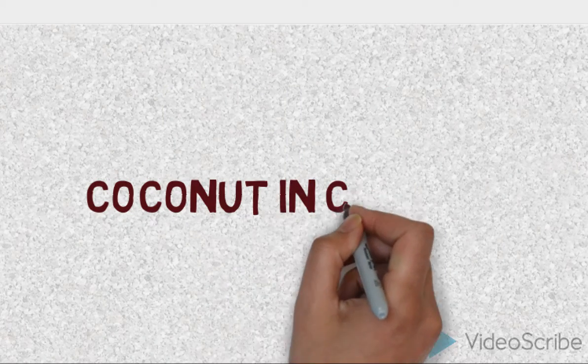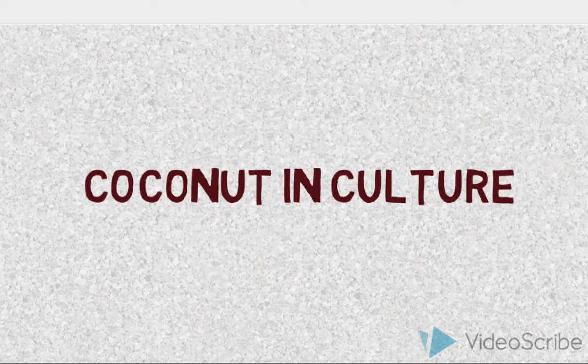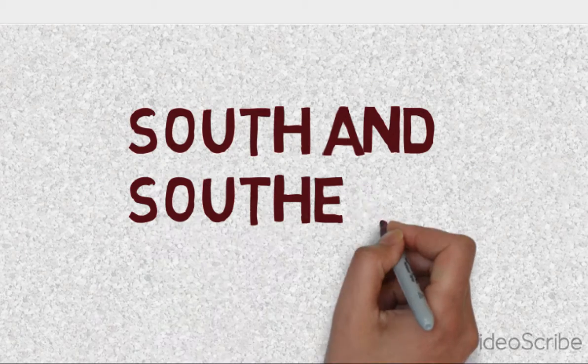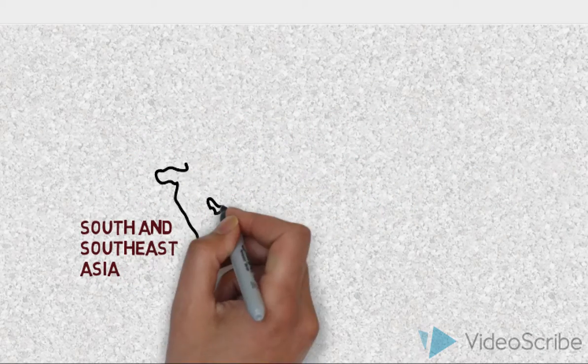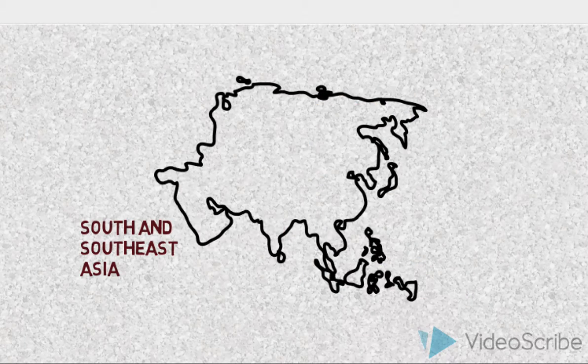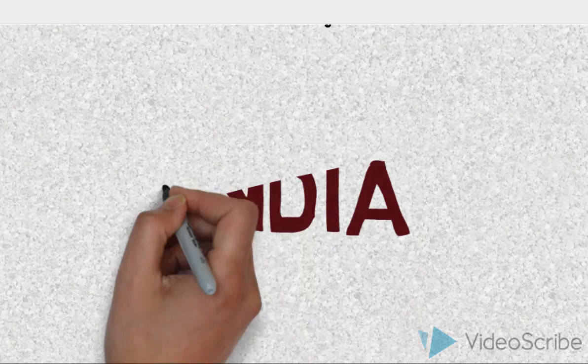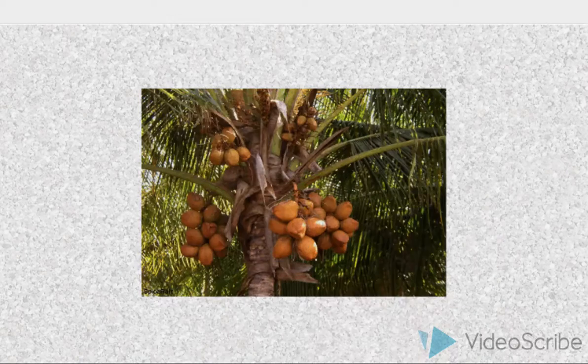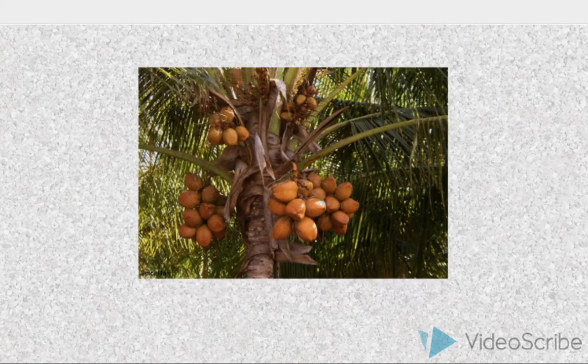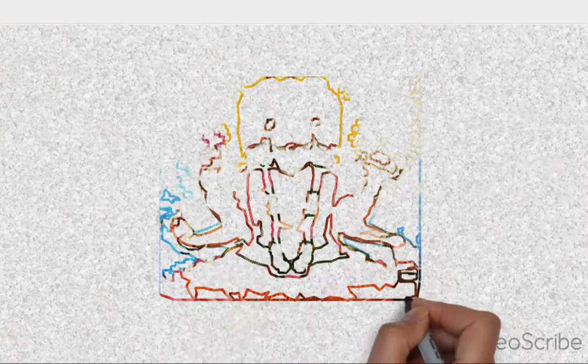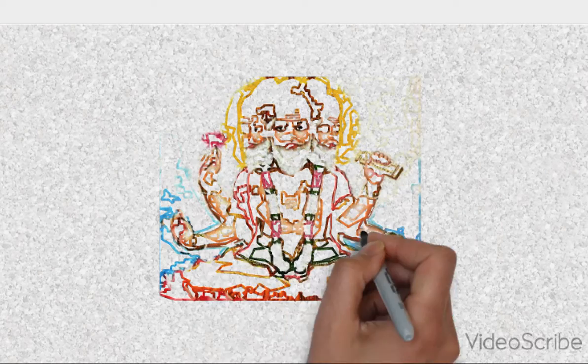We are now going to discuss the growth of the coconut in culture. Coconut plays a huge part in South and Southeast Asian cultures, especially India, Thailand, Sri Lanka, and the Philippines. In India, the coconut's popularity stems from its ancient importance in cultural life. This is because the coconut palm was allegedly one of the 5 Devarvikshas, or godly trees. The coconut was also likened to Brahma, the creator of the universe, meaning the coconut came before humans and creation